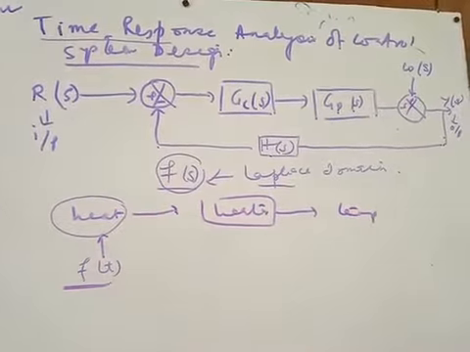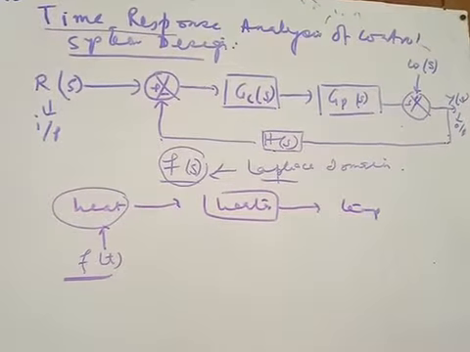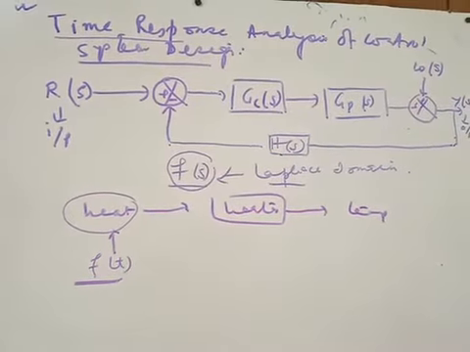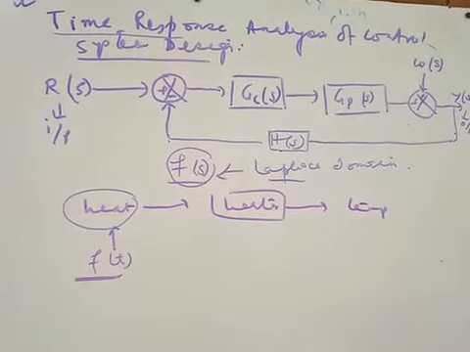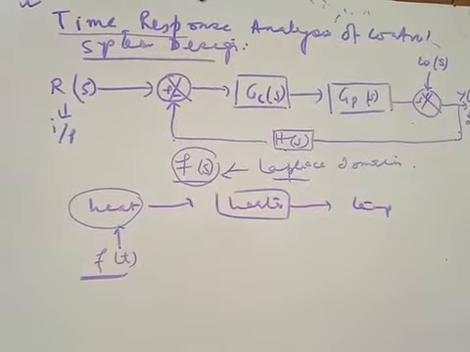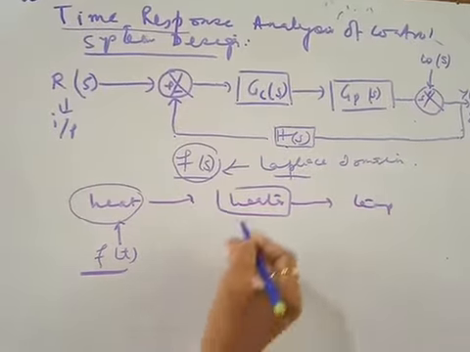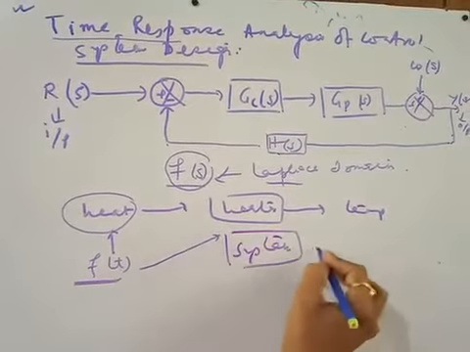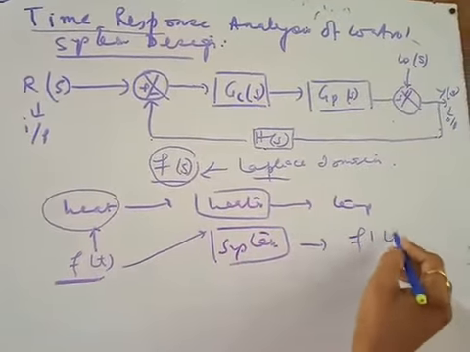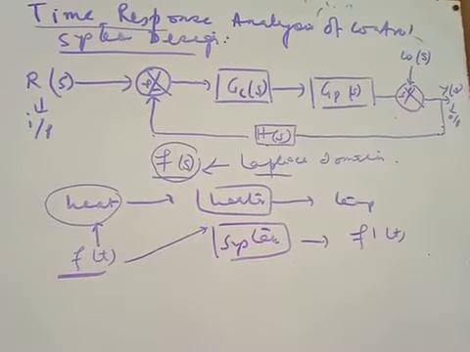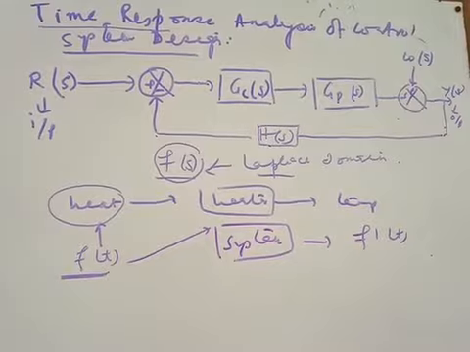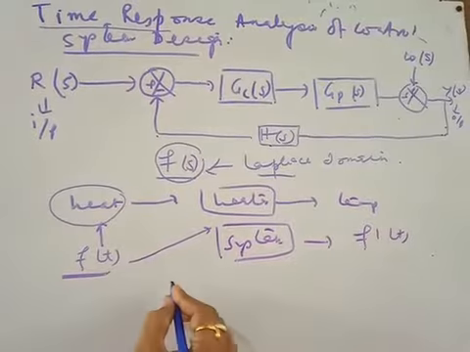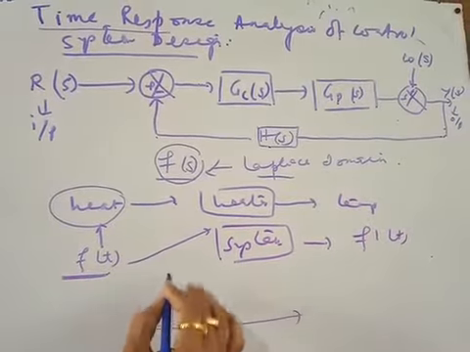And such that in every system, there may be a chemical process, there may be a hydraulic process, maybe a thermal process, whatever the different kinds of systems available in nature, the inputs are always a function of time. Similarly, when this input goes to the system, definitely you will get the output, which will again be a function of time, right? That means the systems available in nature are continuous functions of time. That means the input and output vary with time.